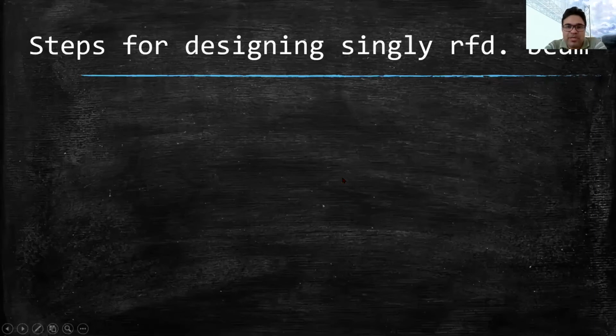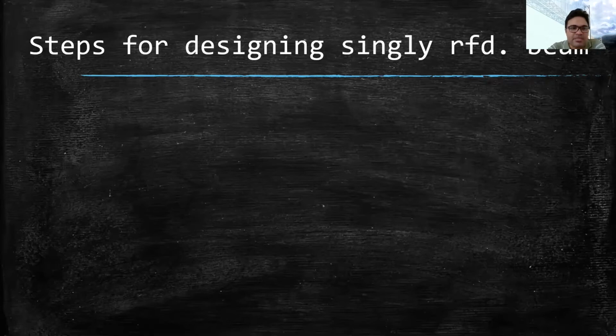Hello, welcome back. So in the previous part, we have seen 6 steps of designing a singly reinforced beam. In step 6, we were checking the depth required. If the depth required is less than D provided, then we say that our design is safe, our assumed size is safe, and then we proceed to step 7. If D required is more than D provided, then we again go back to step 2 and check the depth again.